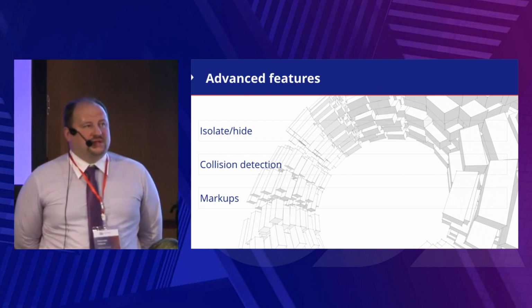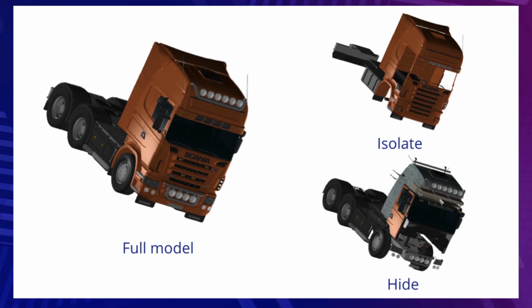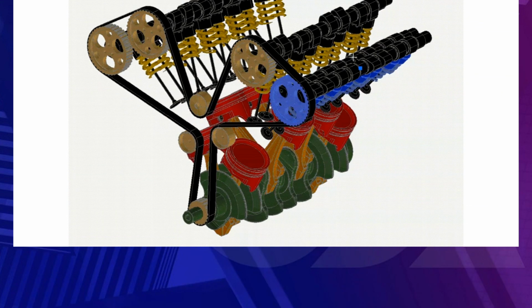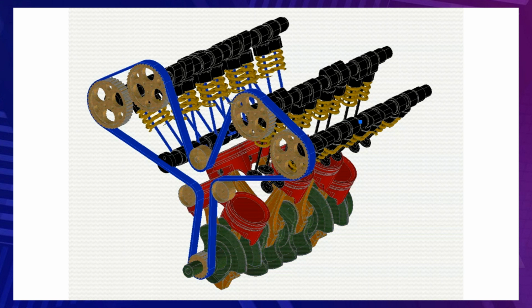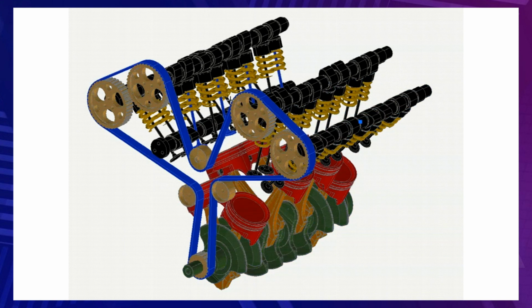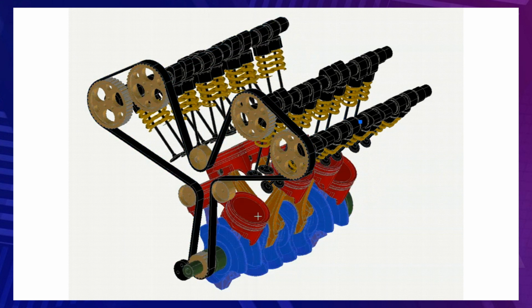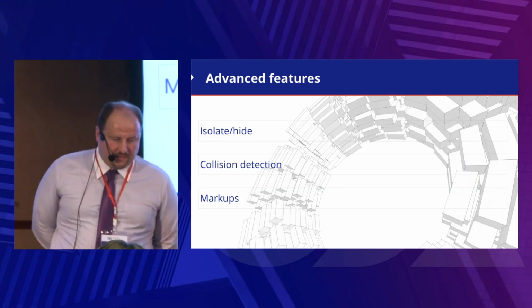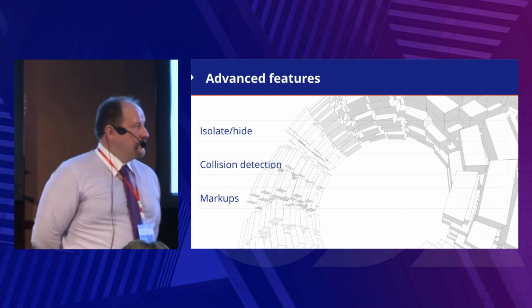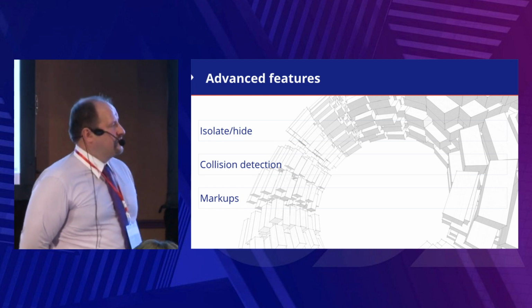Also, Visualize SDK provides a set of other useful features. First of all, it is the possibility to isolate and hide a piece of geometry, and collision detection or clash detection, which allows analyzing the presence of intersection between different bodies. And a well-optimized implementation of such functionality allows using this option even in real time. And the next feature is the markup. Visualize SDK API is ready for implementation of any kind of markup functionality over it.